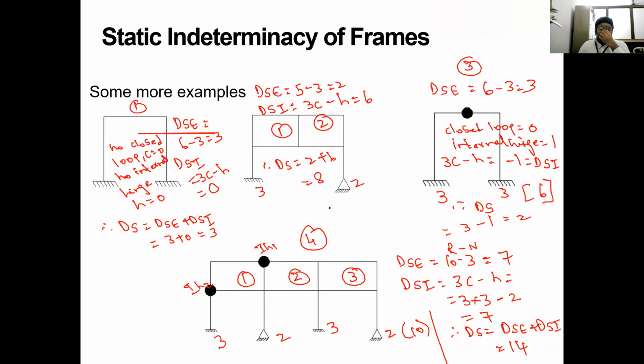So there's a question. For external indeterminacy, external means only support. Internal means internal hinge or link. So I think it is clear, right? External indeterminacy means only support, not hinges, because internal hinge is an internal part. I hope that is clear for all.